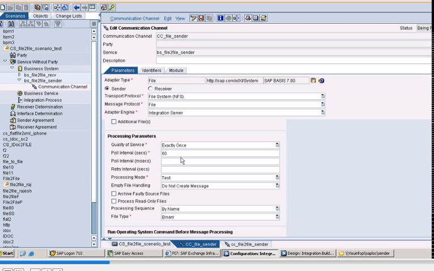Next one will be exactly once quality of service, where you will directly send the request asynchronously to the receiver end. The next one, exactly once in order, implies